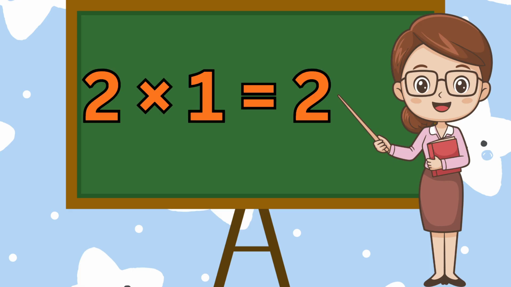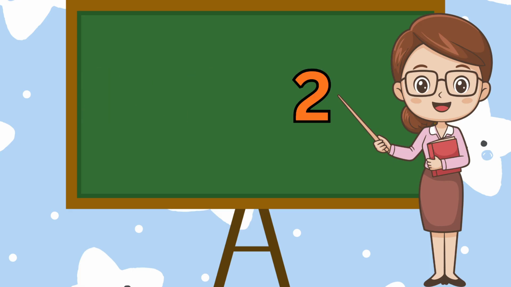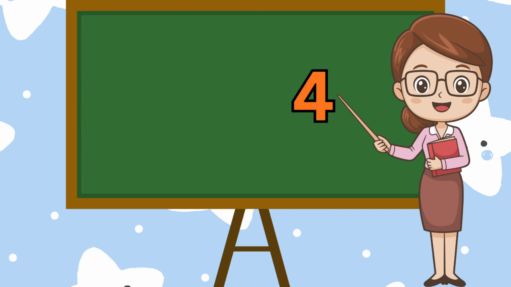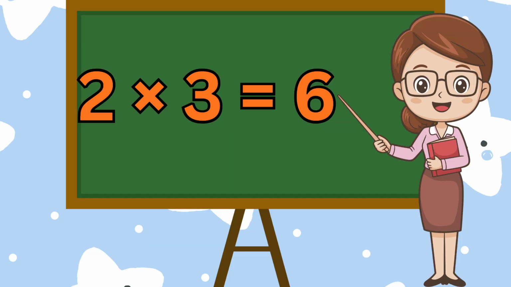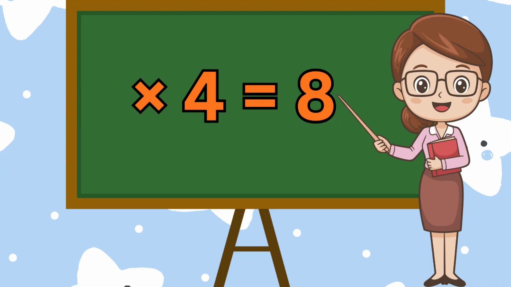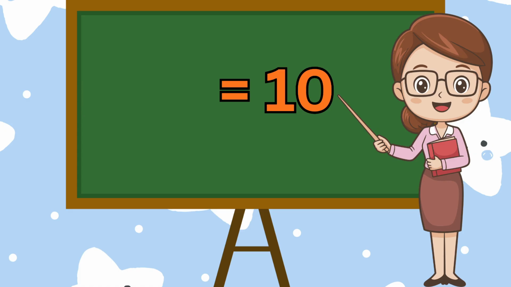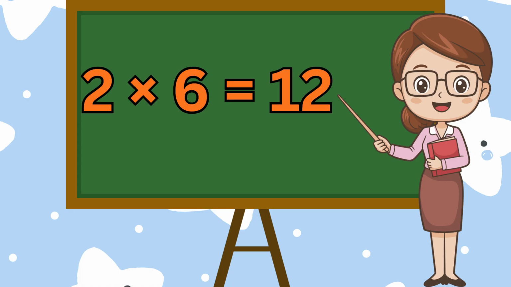2 ones are 2, 2 twos are 4, 2 threes are 6, 2 fours are 8, 2 fives are 10, 2 sixes are 12,